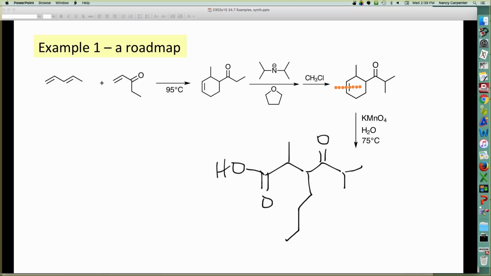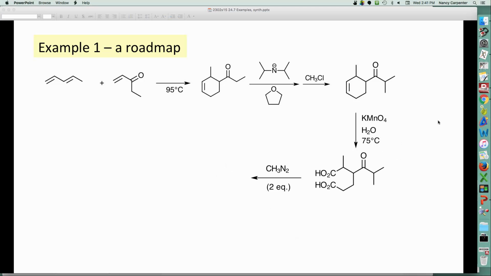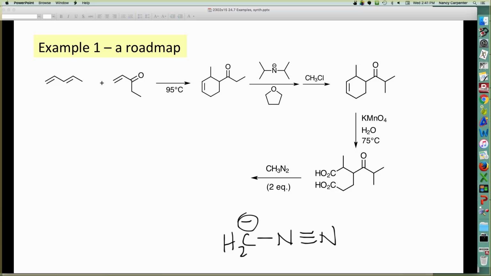So I've got a 1, 2, 3, 1, 2, 3 carbon chain, and here is my other acid. This isn't under basic conditions, so I shouldn't need to protonate this. So that would be my next step, and then CH2N2. Well, this is the one where your Lewis structure will help you out, because once you see that diazomethane is a nice strong carbanion that can deprotonate your carboxylic acid, that means your carboxylate